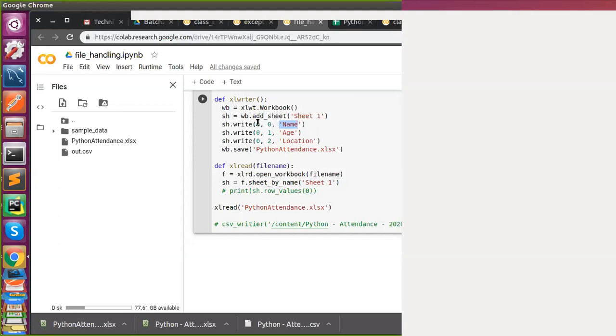Okay, so here I'm saying 0th row. I'm saying name, age, location. And if you want data, so if you have a list of records, right?